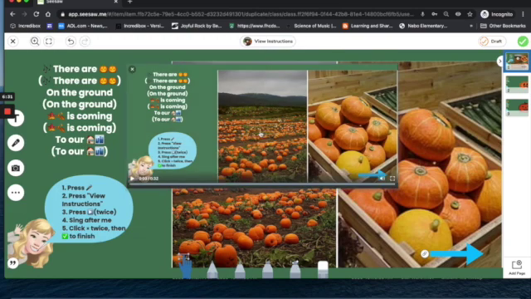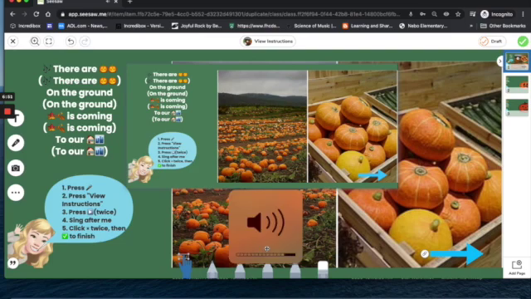And then listen to what it is. Press play twice, sing after me, and then click the close buttons. The reason I put that in there, you'll see why. So she needs to press play and press it again. This one has an accompaniment and different key. There are pumpkins